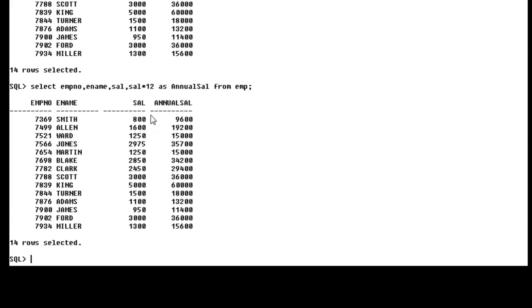Now it's correct, it's perfect. Select employee number, name, salary, the actual salary, and this is the 12 months of salary using multiplication in my select query, and the column name is annual sal using column alias. Here you can see that.